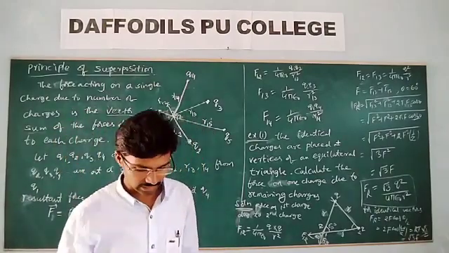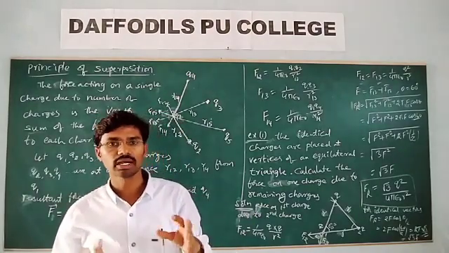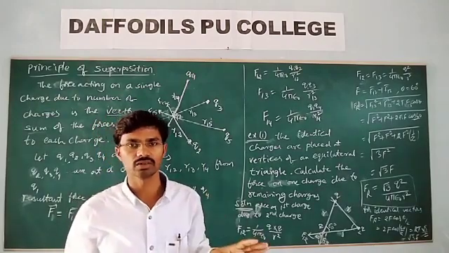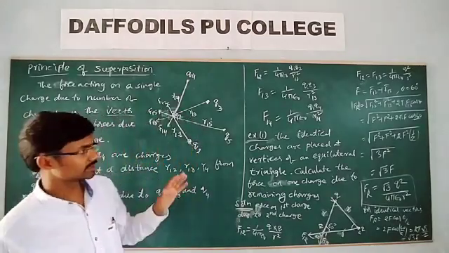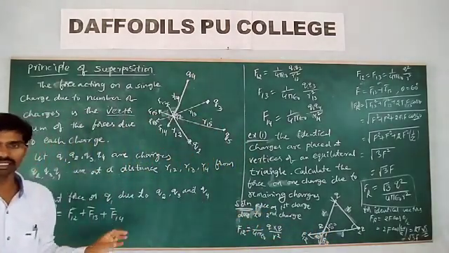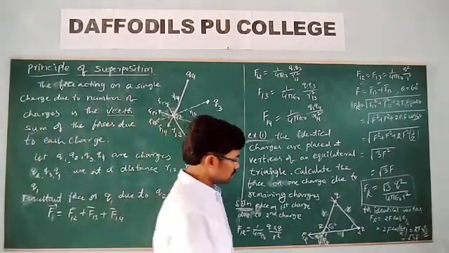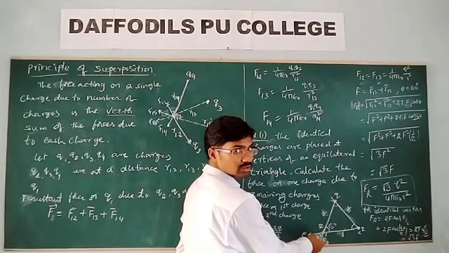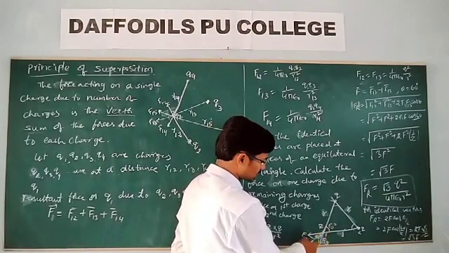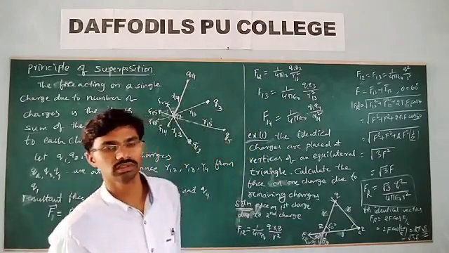Similarly, we can calculate the force due to a number of charges. If we take a square, for one charge due to the remaining charges at that point, we can also calculate the resultant force. We just need to understand how to take the direction of force, which is very important, because it is a vector concept. You can even tell the direction of the resultant force due to these two charges. As these two forces are equal, the direction of the resultant is along the bisector in between these two. Is it?